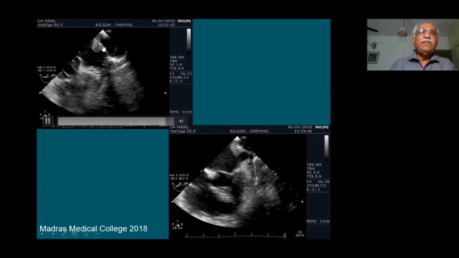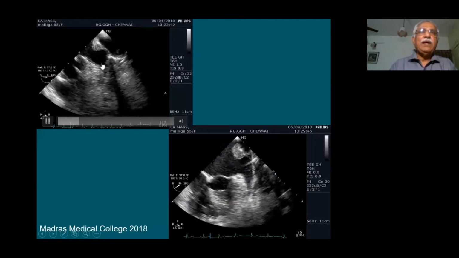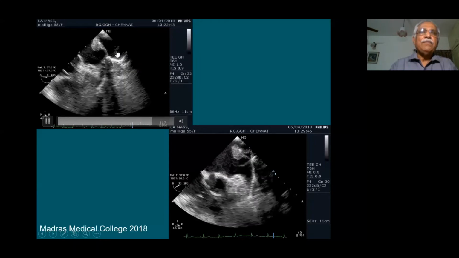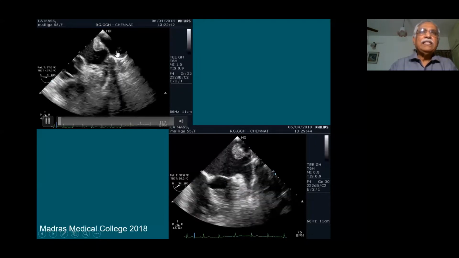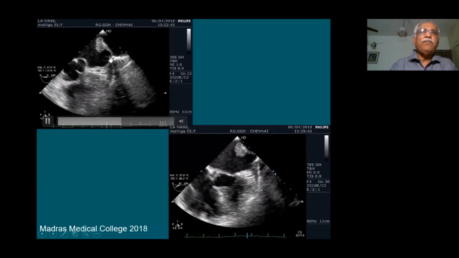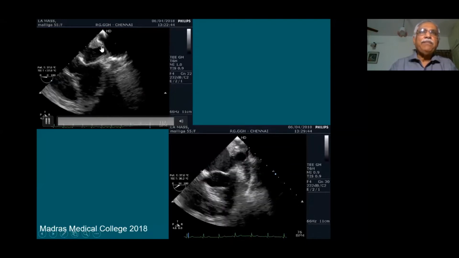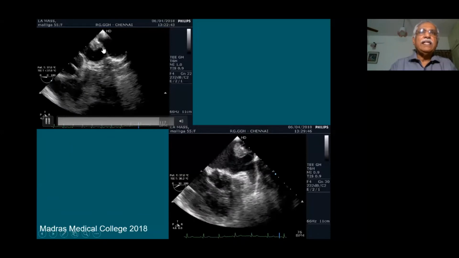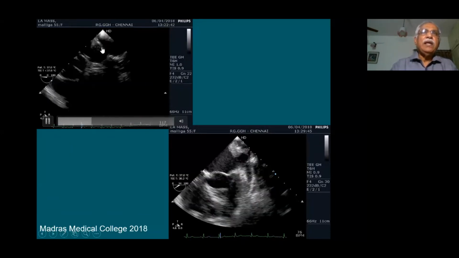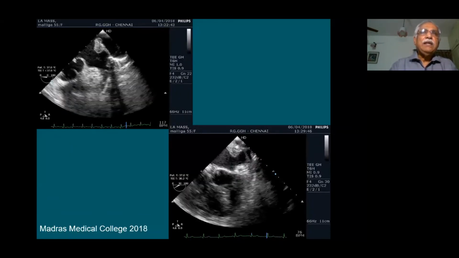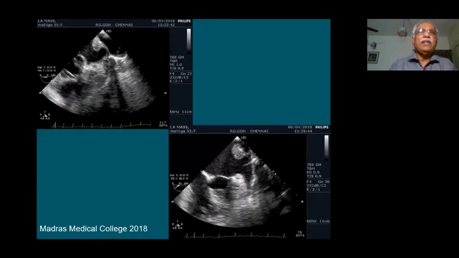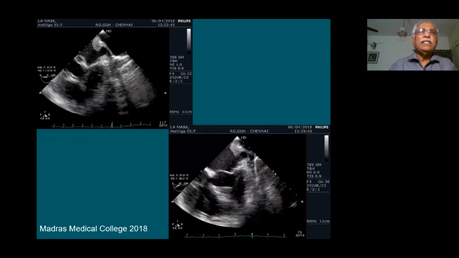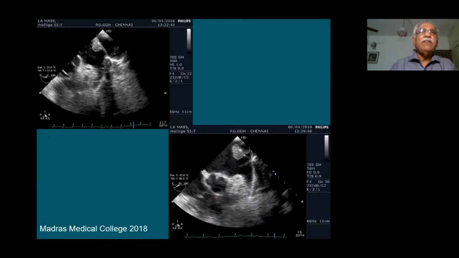There is a ridge of tissue which separates the left atrial appendage from the left upper lobe pulmonary vein. This is sometimes called the Warfarin ridge because the tip of this ridge is often bulbous, so it is sometimes called a Q-tip or a Warfarin ridge, because people used to mistake it for a thrombus and try to resolve that thrombus using warfarin.